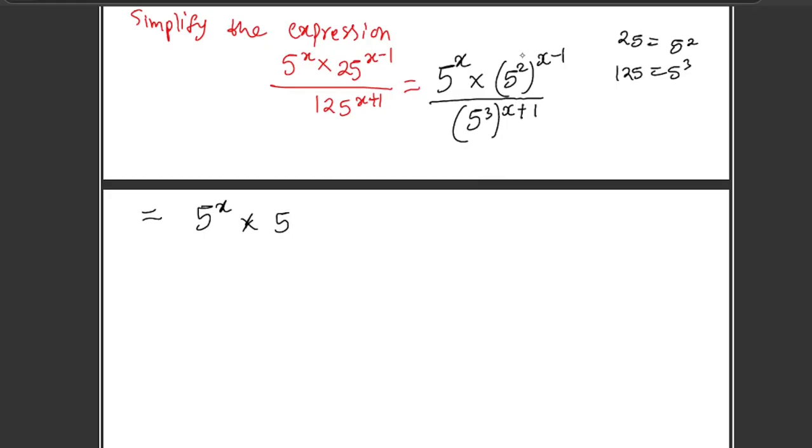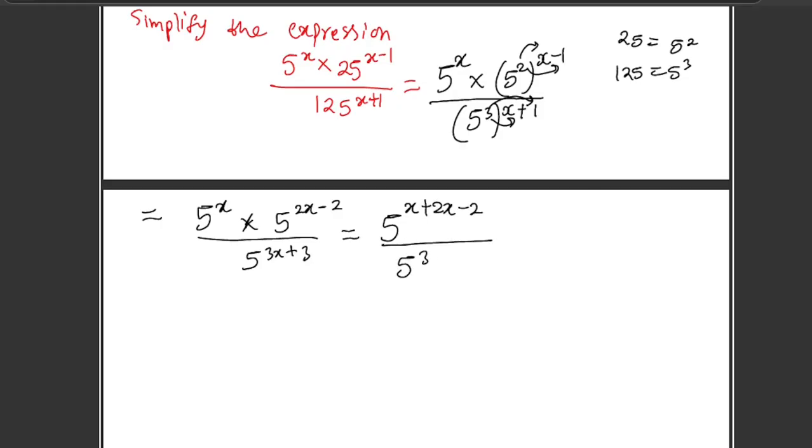Then we apply one of these laws: 2 times x, 2x, then 2 times minus 1 as minus 2, over, use the same for the denominator, 3 times x, 3x, then 3 times 1 as plus 3. Then the numerator, you can apply the first law of indices. You can see they have the same base, 5 and 5. So then you can add the indices. Then that's 5 raised to power x plus 2x minus 2 over 5 raised to power 3x plus 3. Then you can add: x plus 2x is 3x minus 2, over 5 raised to power